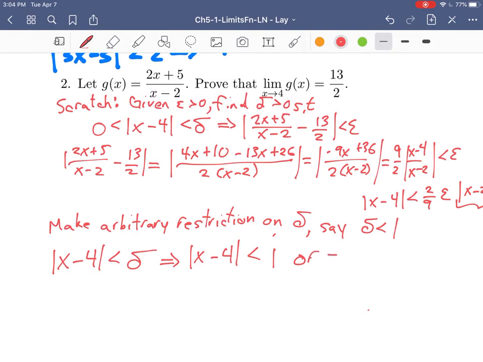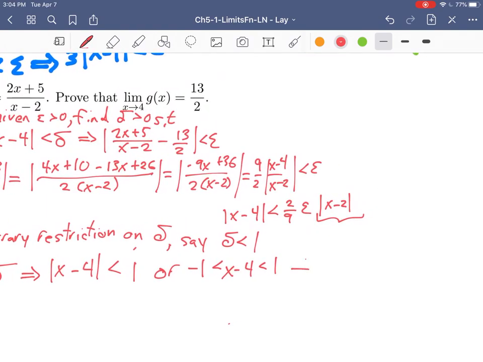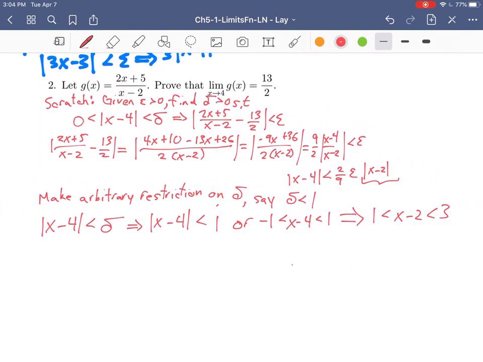Or we could say that negative 1 is less than x minus 4 is less than 1. And so we would have x minus 2 is between 1 and 3. Right? So if we've made this arbitrary restriction on delta,